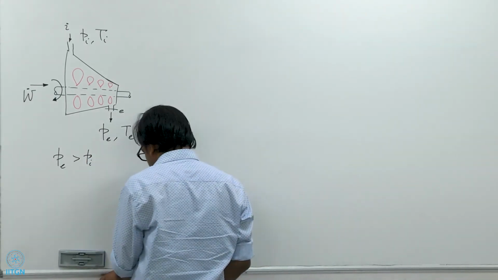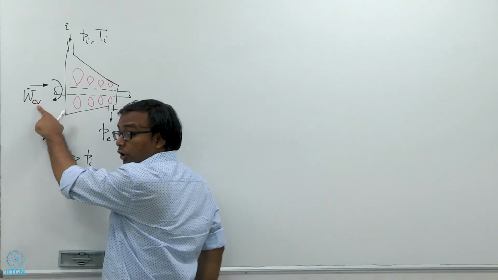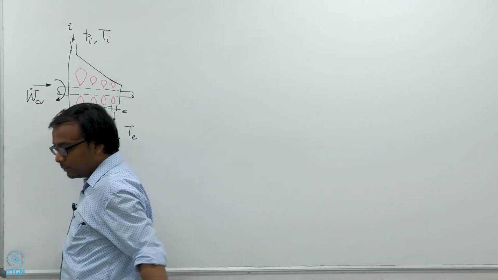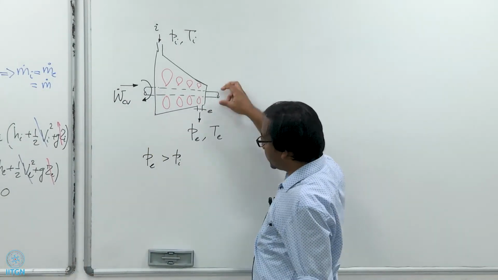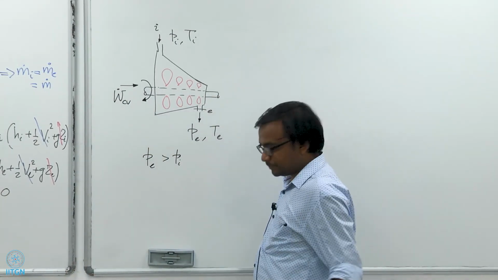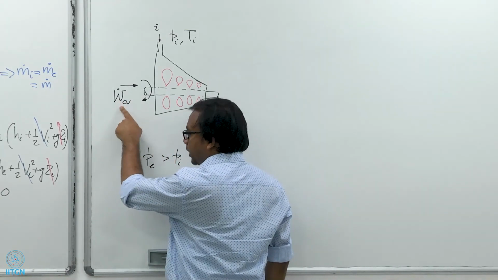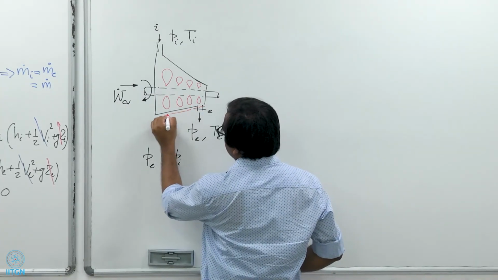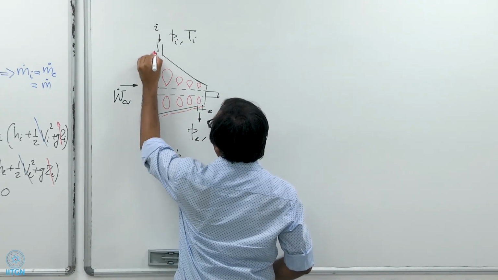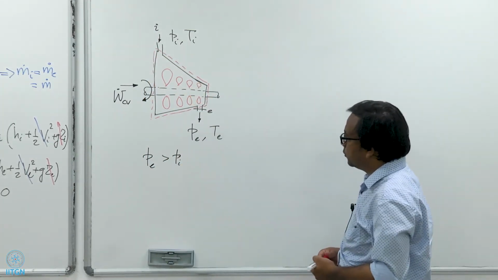So, this is W_CV again, and remember this is non-flow work. This is not the work input that you are giving to sustain the flow, this is work input you are giving to rotate the shaft and to compress the fluid. So, this is non-flow work, this is work done on the control volume, where the control volume is simply the compressor itself. Okay. This red dotted line that I have drawn is the control volume.